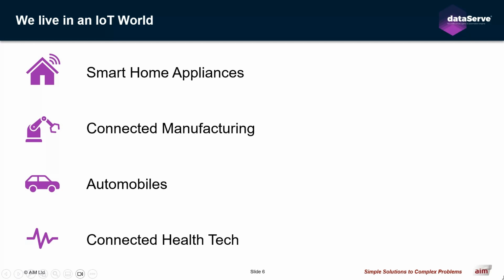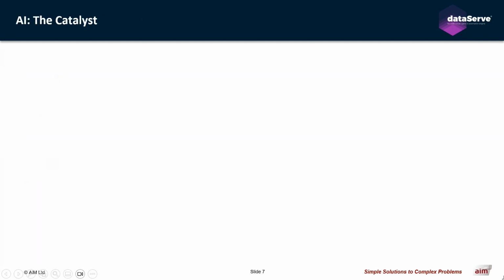This interconnected web has revolutionized how we interact with our environments, and with that brought a new era of efficiency, convenience, and innovation. But with this rapid growth comes a new set of challenges. As the number of IoT devices continues to soar, organizations are grappling with the complexities of managing and securing these interconnected systems. This is where the integration of artificial intelligence, or AI, emerges as a real catalyst for advancement. By bringing AI capabilities into device management hubs, we can take the benefits of IoT to the next level.